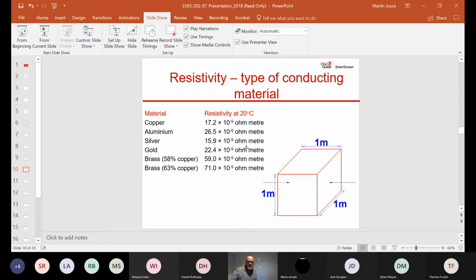Does anybody know why they use gold in electronics? It doesn't rust. The reason they use gold, and they used it on the actual atomic bombs, is because it doesn't rust. Whoever said that, brilliant, well done. It doesn't tarnish. You can leave it in a cupboard for 20 years and it will still be perfectly nice and shiny.